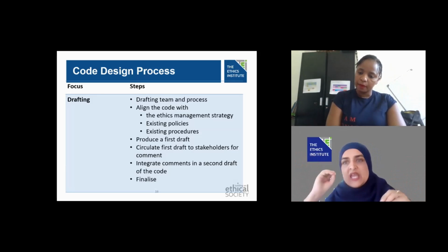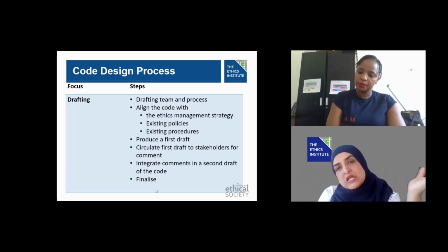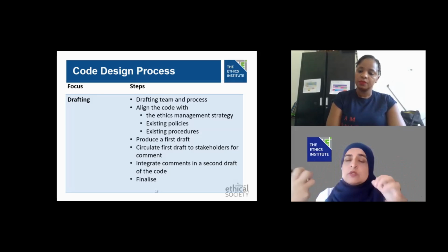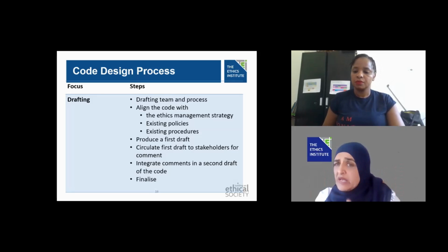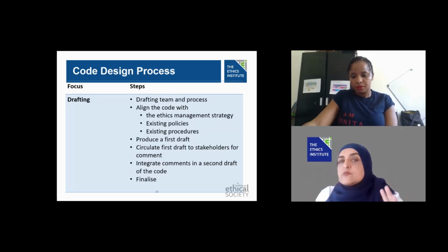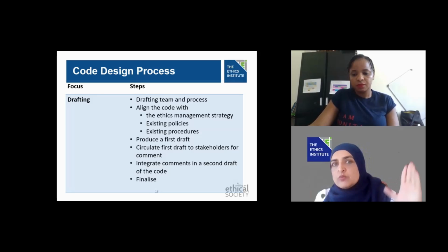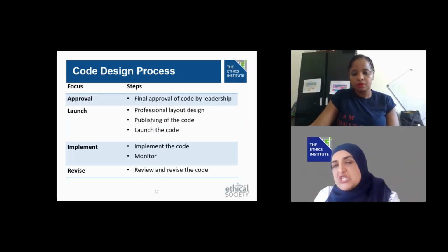And the better you get at having a plan, the easier it becomes for you to communicate that plan, but also to get others to be part of the process. Because the one thing that's important is that it's not an individual sitting in the corner doing this by themselves. A multilateral or multi-unit or a diverse group has a lot of merit in that process, because there are different eyes, but overall you need someone that takes responsibility for tying it up. So have a plan that works in your organization in terms of how we're going to draft this document from beginning to end, and be able to share that plan.